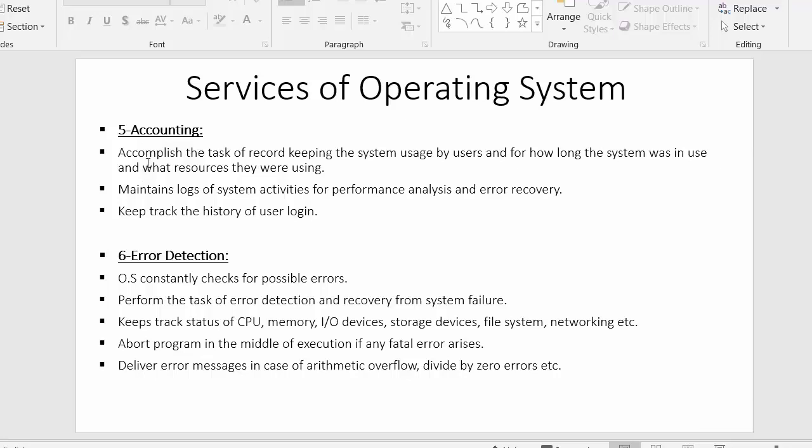In accounting, the operating system accomplishes the task of record keeping of system usage by users, for how long the system was in use, and what resources they were using.